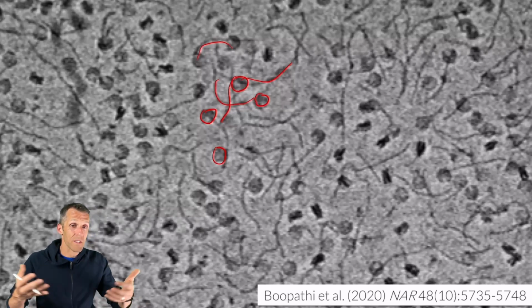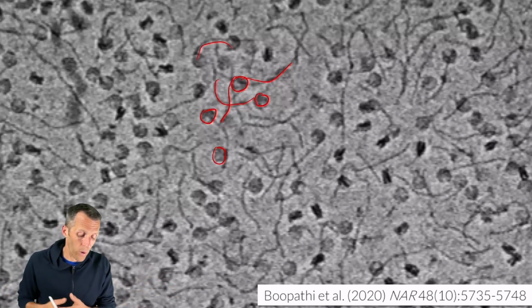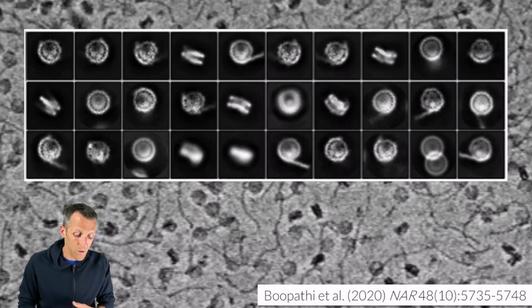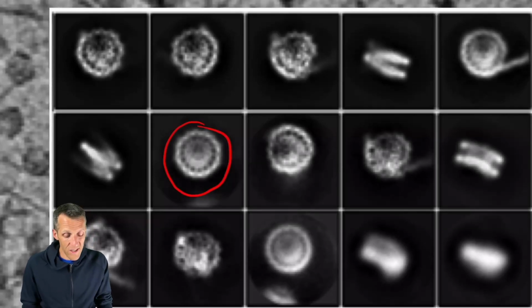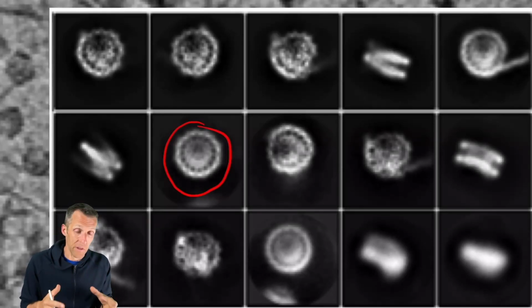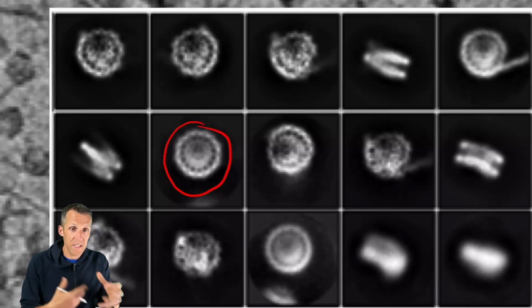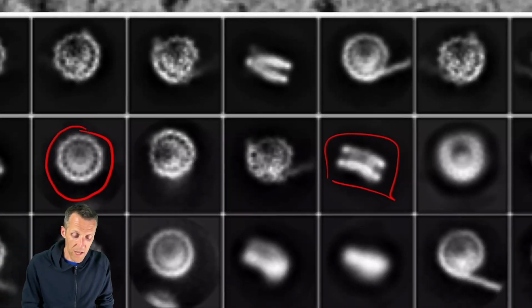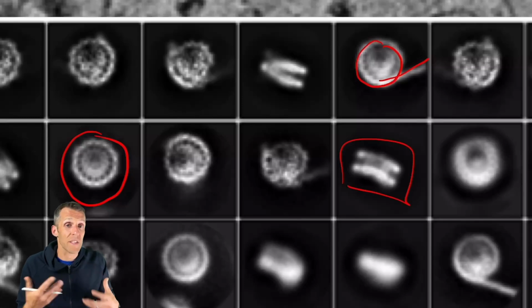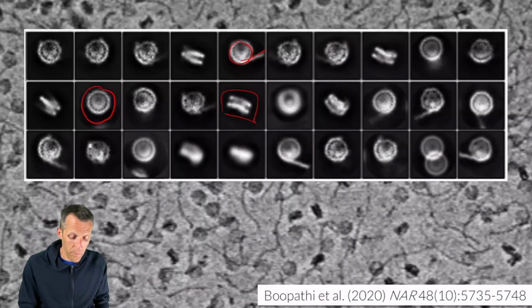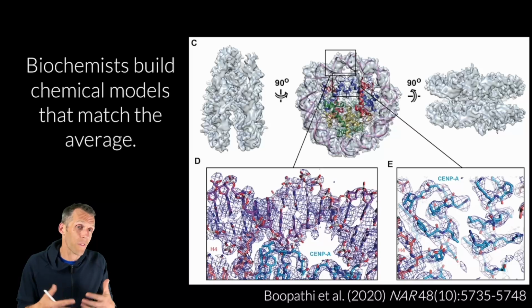Well, they've got thousands and thousands of pictures of different orientations of these molecules, which means they can do something called class averaging. So I'm going to zoom up on one of these here. So this right here, they said, we're just going to average every structure that clearly looks like it's from the top, and we're going to see what pattern emerges when we average and average and average. They went over here to this one. This is one that was clearly from the side. This is one that clearly has the DNA wrapped and coming off. So they're averaging all of these pictures, using that to build up a three-dimensional version of what the nucleosome particle looks like.